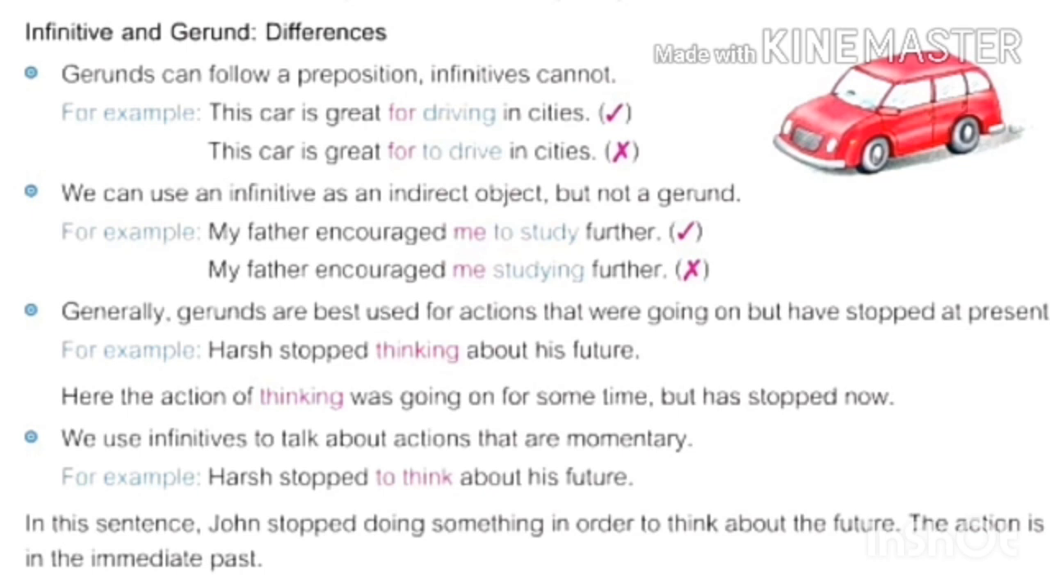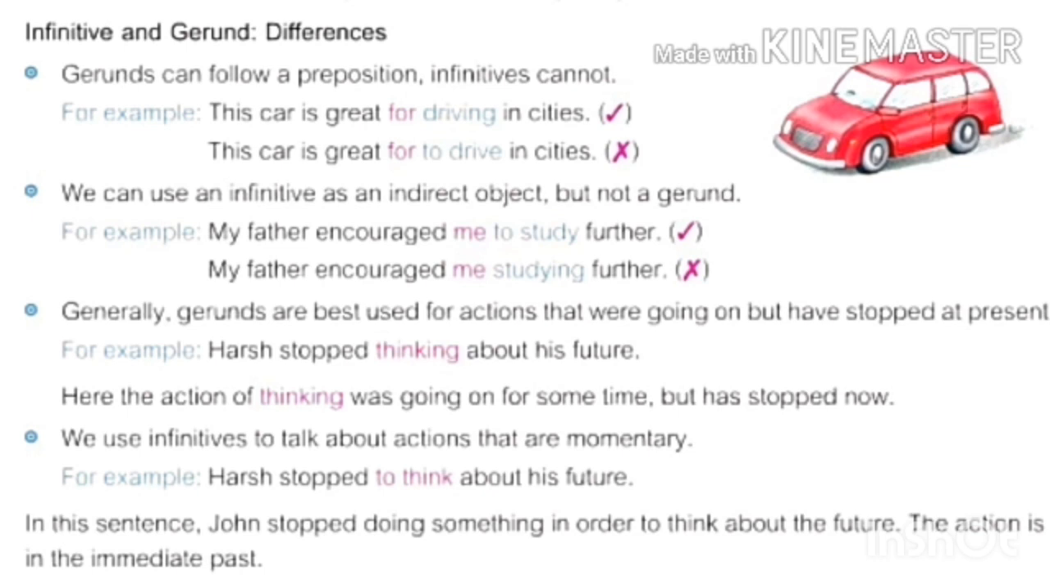If we want to find the indirect object, we generally ask the question to the verb with whom. So here we are asking the question like, "My father encouraged whom?" So, me. So after an indirect object we cannot use a gerund. We always have to use an infinitive. Next rule is